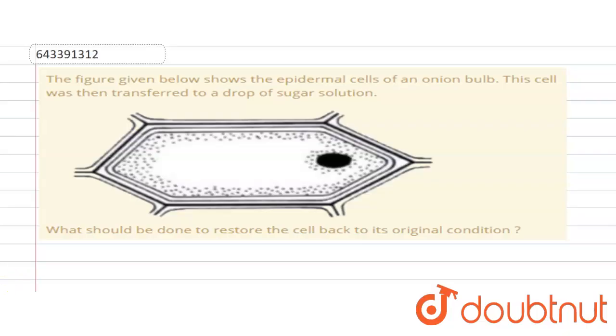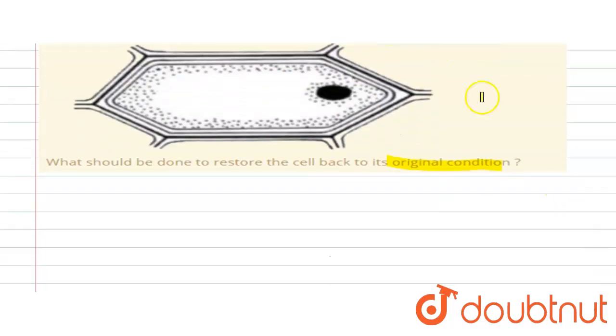Hello everyone. In this question they ask, the figure given below shows the epidermal cell of an onion bulb. This cell was then transferred to a drop of sugar solution. What would be done to restore the cell back to its original condition? First we have to see, when we transfer the cell to the drop of sugar solution, what happened to the cell. So this cell becomes plasmolyzed